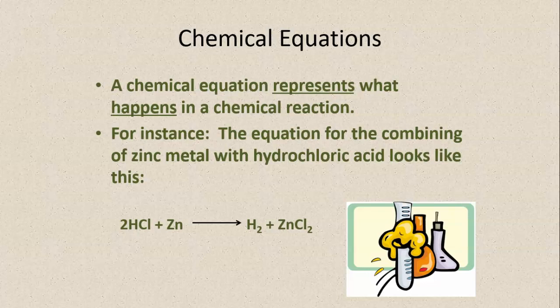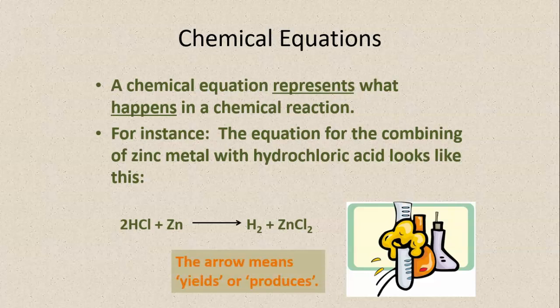Hopefully you got a chance to watch it, but you saw zinc and hydrochloric acid reacting with one another, producing zinc chloride and hydrogen gas. And so we saw that right here we have the chemical equation using formulas and other symbols to represent what